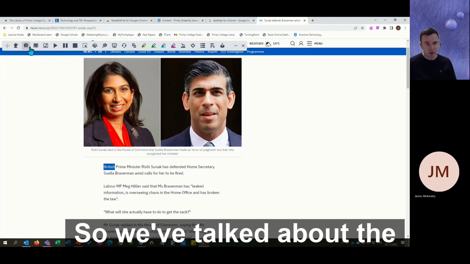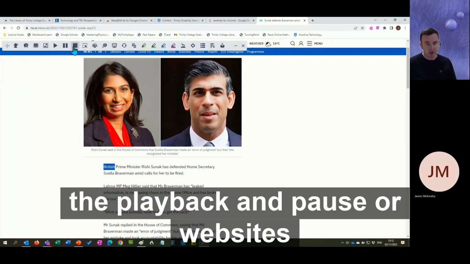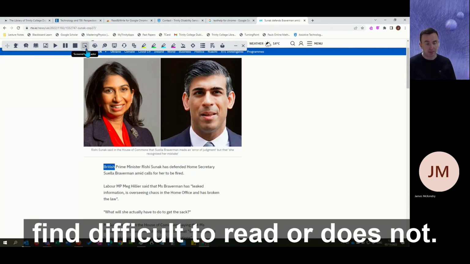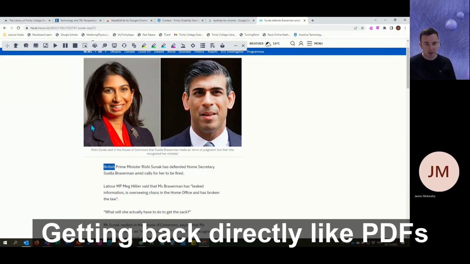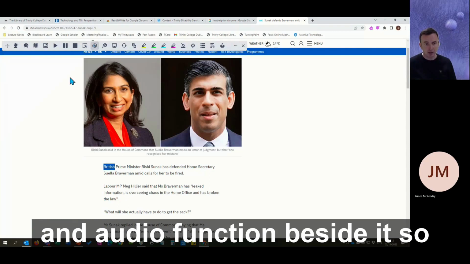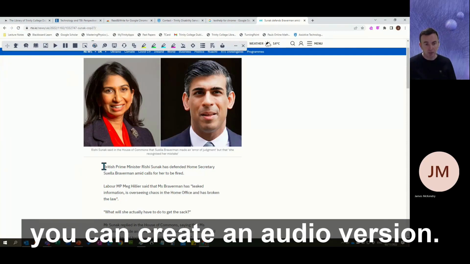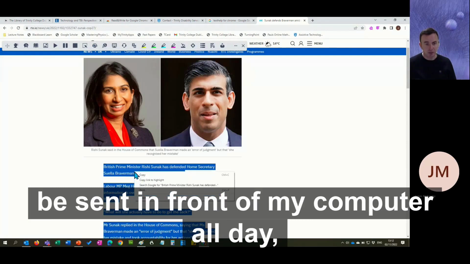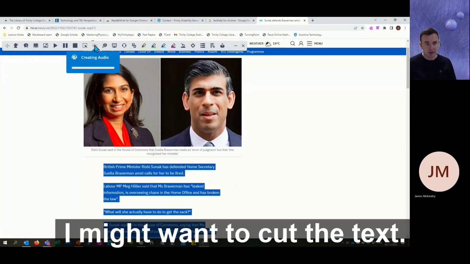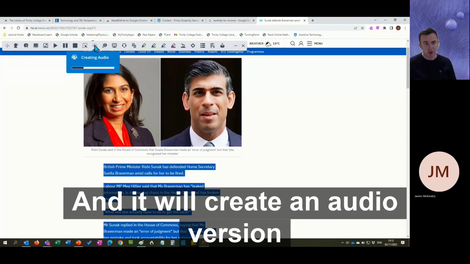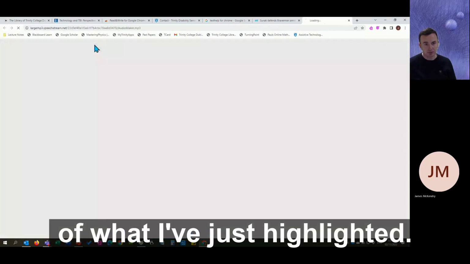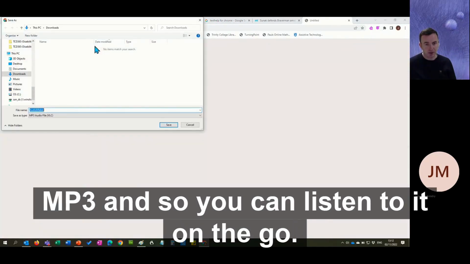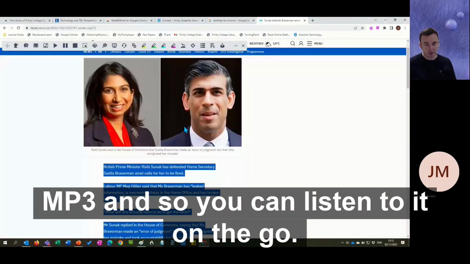toolbar. So we've talked about the hover speech, dictionaries, the playback and pause of websites, and the screenshot reader for ones that you find difficult to read or that aren't playing back directly, like PDFs. An audio function beside it, so you can create an audio version. So again, if I don't want to be standing in front of my computer all day, I might want to get the text, and it will create an audio version of what I've just highlighted, and allow you then to download it as an MP3,